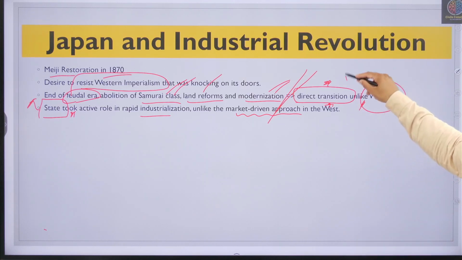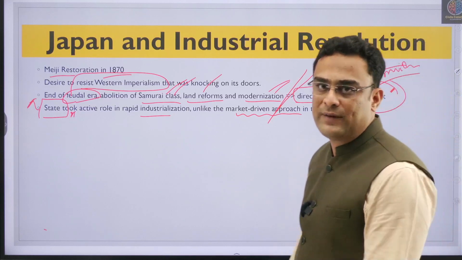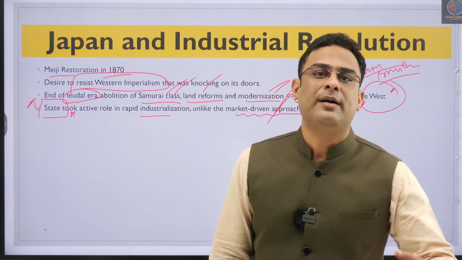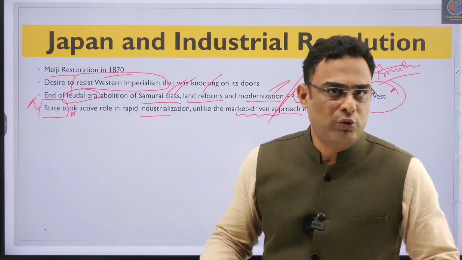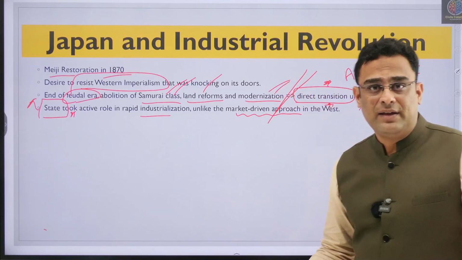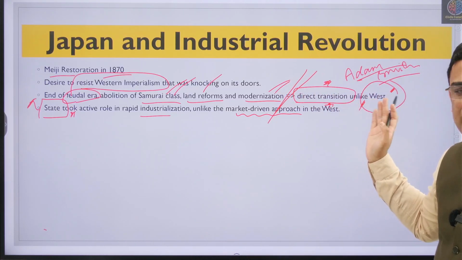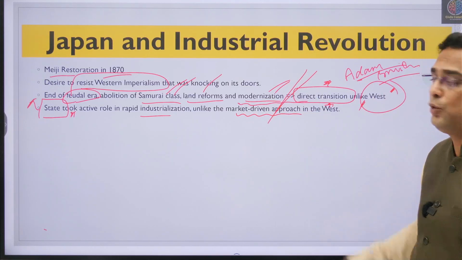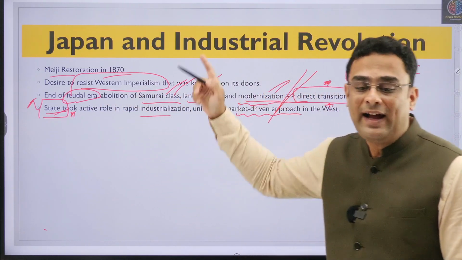Remember, this is the era of Adam Smith in the West, right? Adam Smith, 18th century, he writes his book Wealth of Nations, and in that he has given the basic idea about the capitalist economy, the laissez-faire state, the state only playing an enabling role, so on and so forth, the invisible hand of the market. Adam Smith had said all this, right? Around the 1770s he gave his work. So the West is about a market driven approach, whereas in Japan's case the state realized that we have to transform very